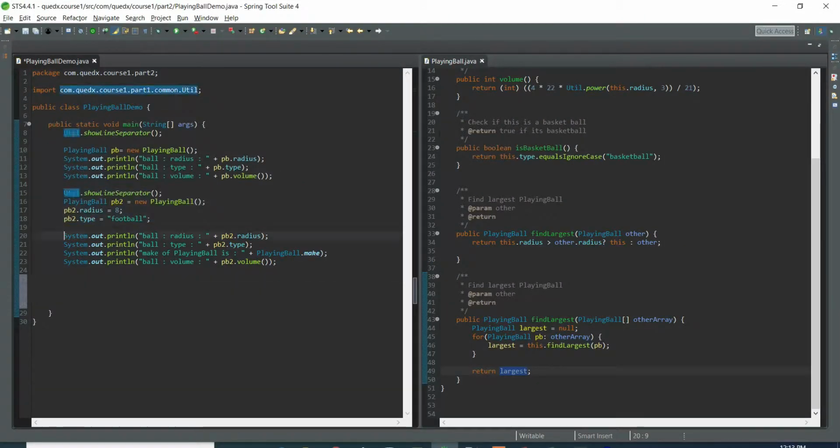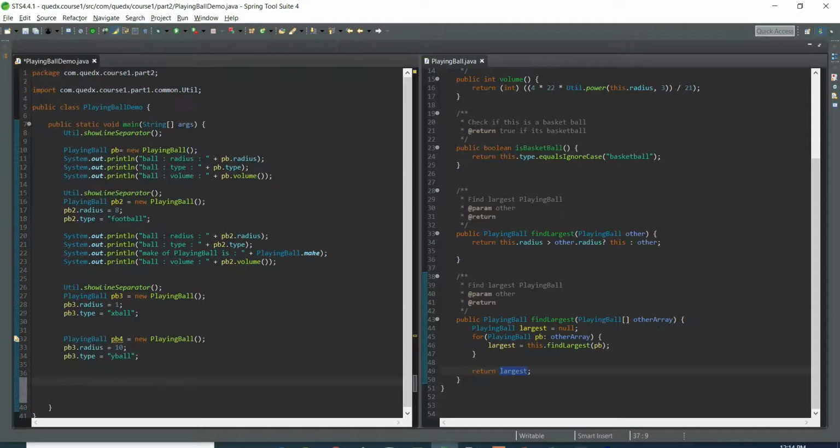Now let's try to create a couple more playing balls and see the result of this. So let's do a system out. Basically, we are trying to find whichever is the largest, and then from the largest we are just printing the type, right? Now the same thing we can do for PB, let's say 1, PB2 and PB3, and here we can pass PB. We'll invoke findLargest on PB2,